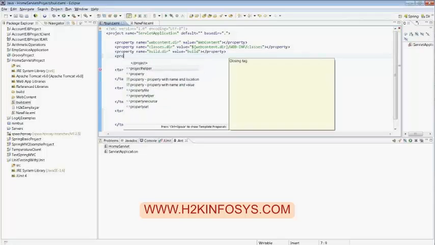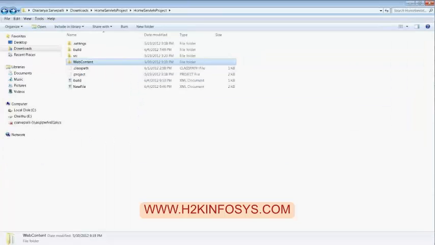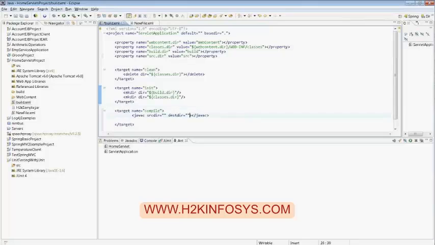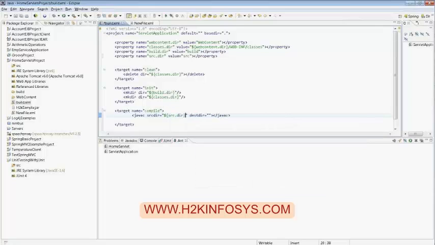Again, create one more property. Currently my files are available under the source directory. And the destination directory is